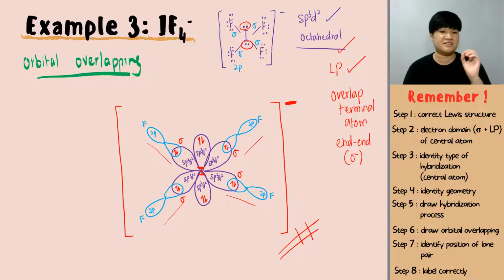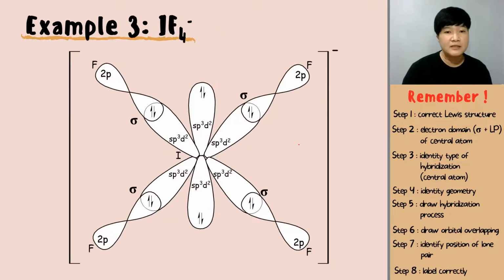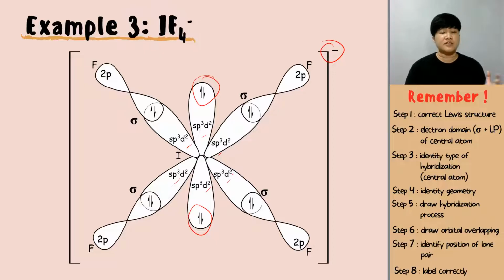So you form a sigma bond. Okay? And make sure you label everything as always. And this is the better drawing of your IF4-. Make sure the charge and the lone pair, everything is there, including the label of each and every orbital. And that's it for this video about the hybridization process and also the orbital overlapping for your central atom